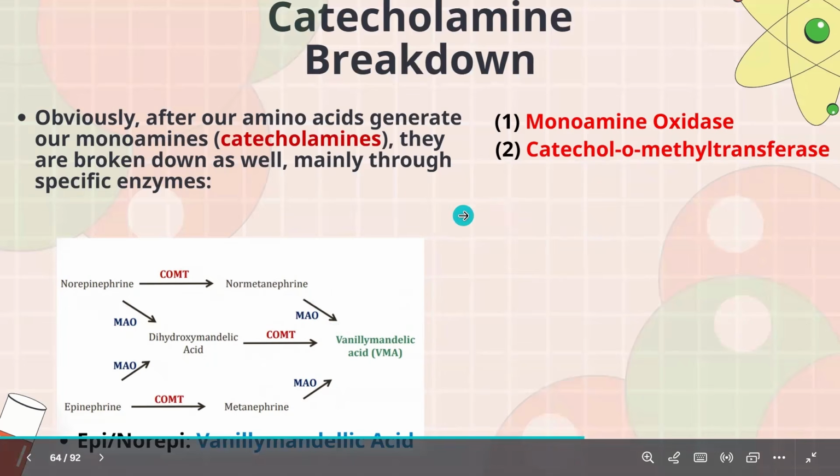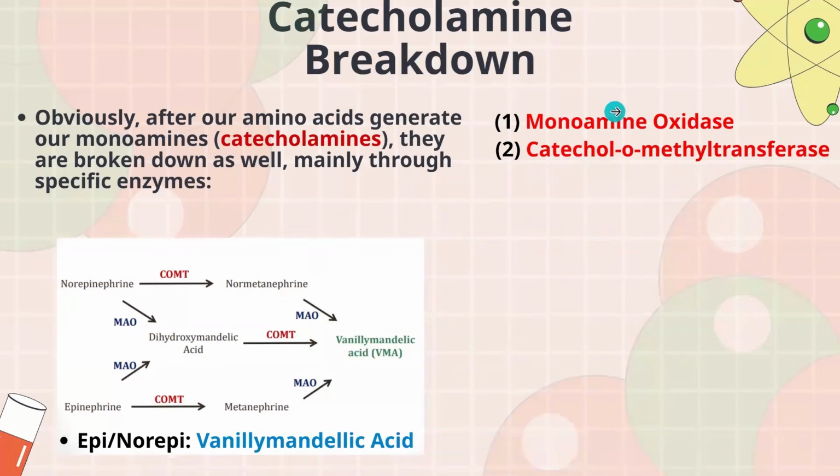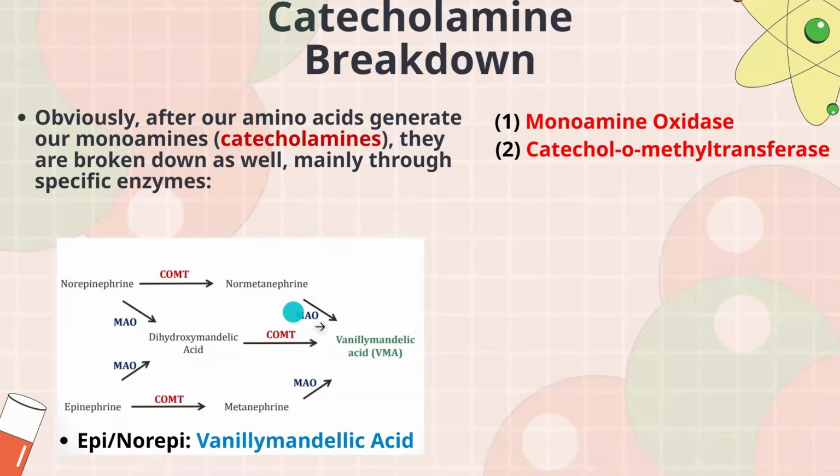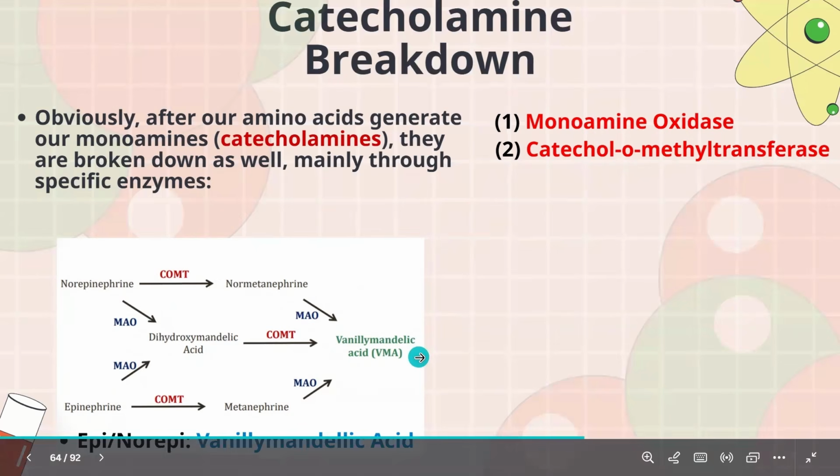So monoamine oxidase, the way I remember this is that it's number one, it always forms one product, as we can see here and here. However, catechol-O-methyltransferase, here, okay, sure, it's one and then it forms vanillylmandelic acid. Here, it's actually taking two steps. So here you have norepinephrine and then metanephrine and then it forms vanillylmandelic acid.